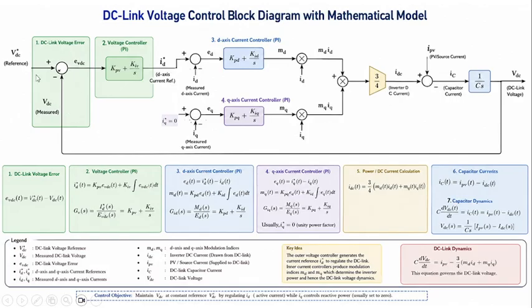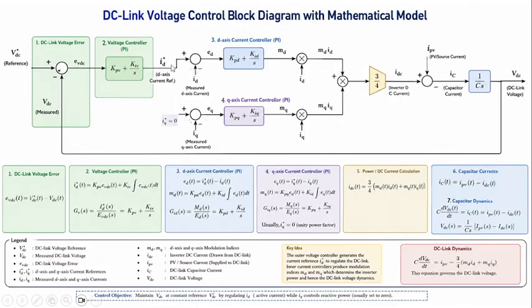Here if you observe, this is the DC link voltage reference. Assume it is 600 volt. We are assuming VDC star as 600 volt, and we are comparing it with the actual DC link voltage, the reference value with the measured value. Then we will get some error value, and that error is given to a PI controller, and then it will generate the direct axis value ID star, and it is compared with ID, that is the measured D